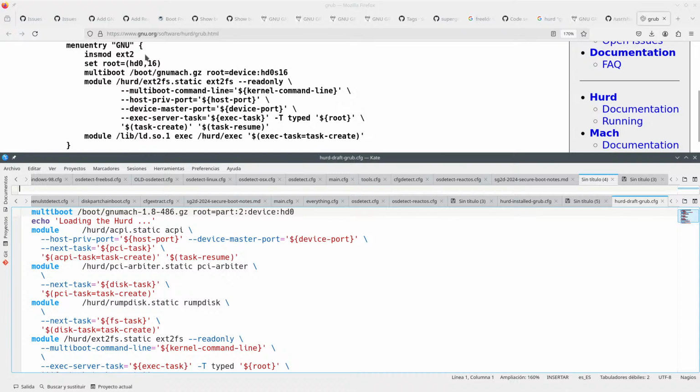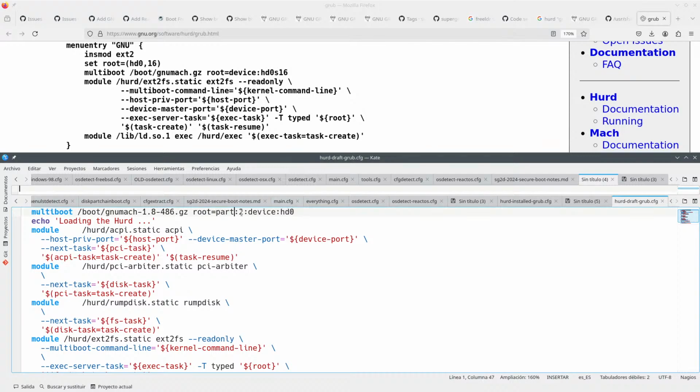Okay, so there's insmod, then it's set root. This is some stuff that you have to have. Then multiboot. It's not the old way, even if there might be a symbolic link to this thing. It's this new way of doing stuff.